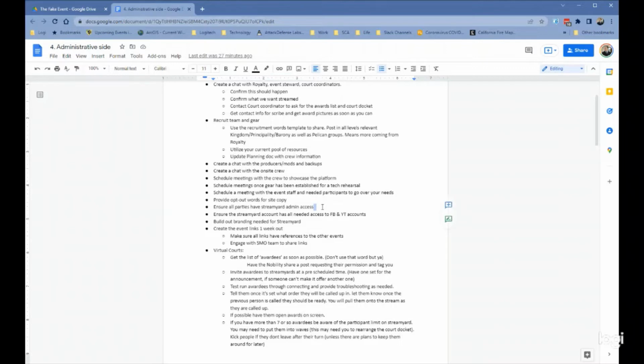Make sure all your mods, producers, all your remote team have access to StreamYard. I put this so far in the beginning, even though they don't need it till the very end, because I want them to get familiar with it. If they've not used it before, opening up a test studio and just letting them play around in it for the week leading up makes them so much more confident. If you can even just create a random throwaway page where they can just play with streaming live content to it, let them do that too. Also, if you're trying to get 5 people in and access within the same 30-minute span, it's going to be hard because you're going to get conflicting codes.